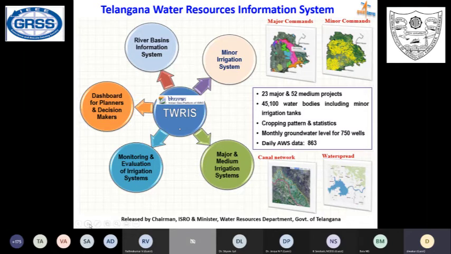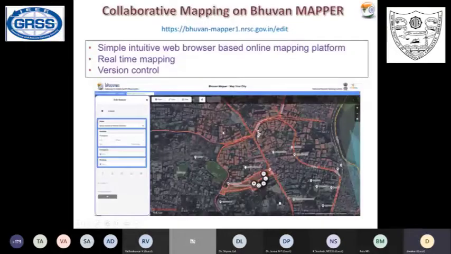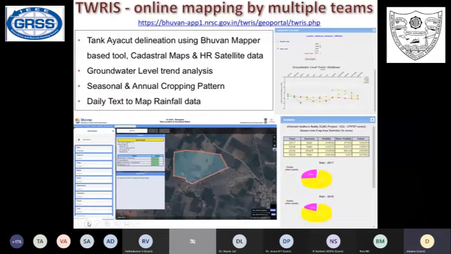We are able to address it using the geospatial technology. So it's a collaborative mapping effort. Literally, online mapping has been done using the Bhuvan portal in a very big way. In fact, real-time mapping portal, maybe for the first time, was operationally used on Bhuvan, where new tools were developed, and these online mapping tools have enabled us to get a complete picture of the Telangana water information, particularly